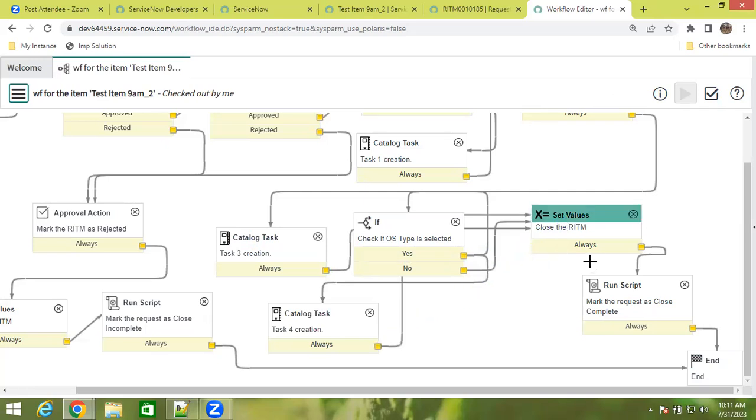But what happens here is, whenever task 3 is completed, it immediately closes the RATM. The system doesn't wait till task 4 is completed or not. Whenever task 3 is completed, immediately RATM will be closed. Or whenever task 4 is completed, immediately RATM will be closed. It doesn't wait for the other activity to complete. Getting it? So even though you have kept wait for completion, the system will not wait, because the system will wait